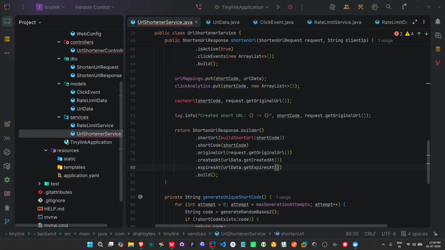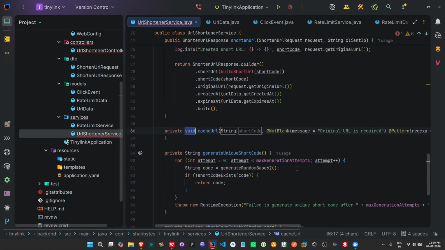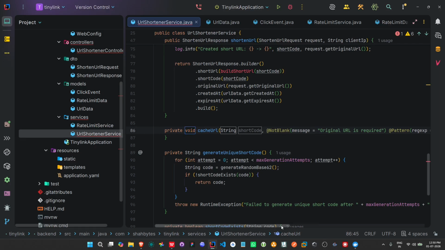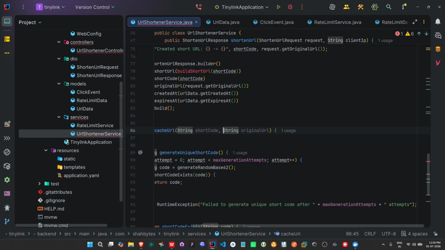Now let's create these methods. First we will do the cache URL. Okay, we don't need these validations. We have already validated it. So yeah,